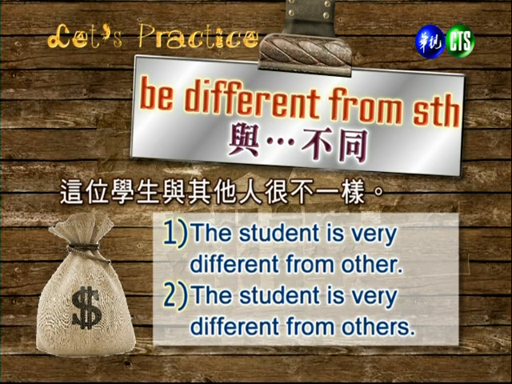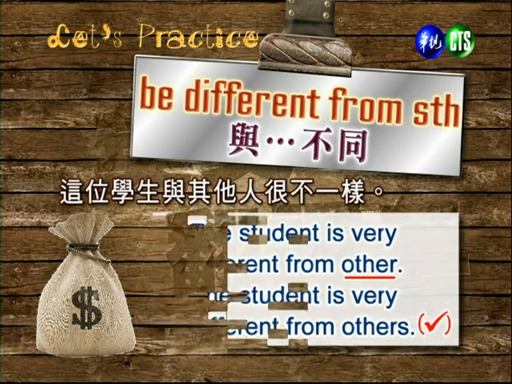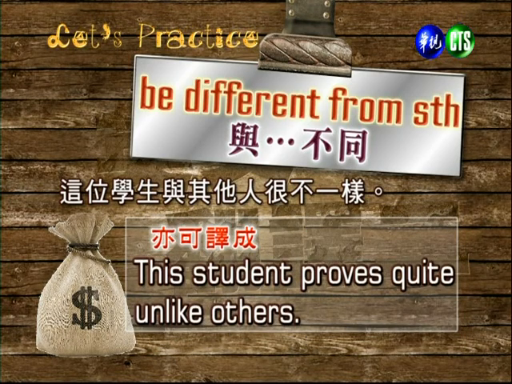The student is very different from other. The student is very different from others. 哪边有错？We need the singular, the plural here. The 好，singular, you'd have to say the other. 要用复数叫 others，如果单数是 the other。来，另外翻翻看。This student proves quite unlike others. 好，unlike 是不像的意思哈。好，我们看下一句。